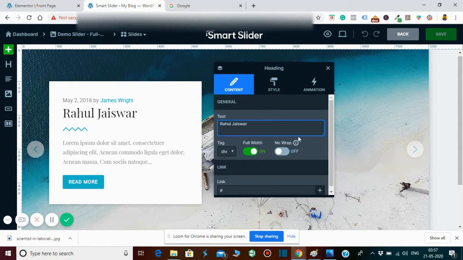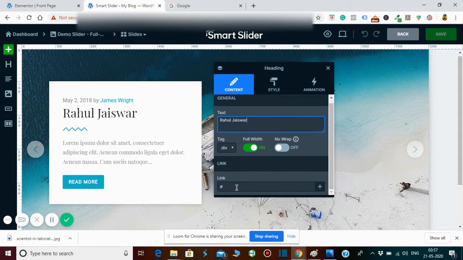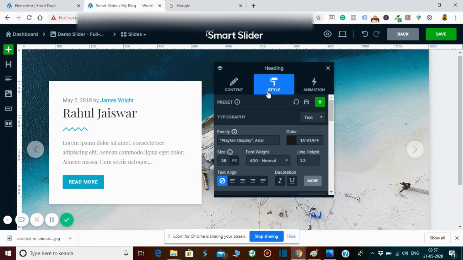If you want to add any link into this, you can add the link here. If you want to give any style, simply go and play around with that. If you want to increase the size, go and increase the size.